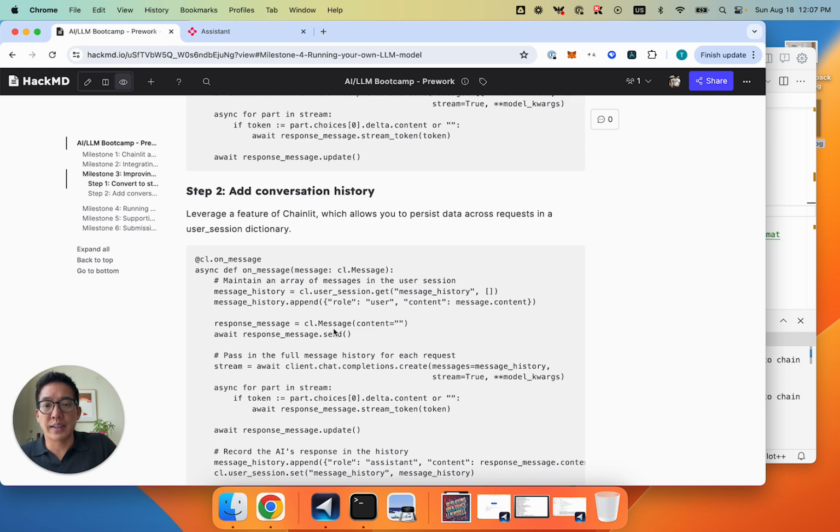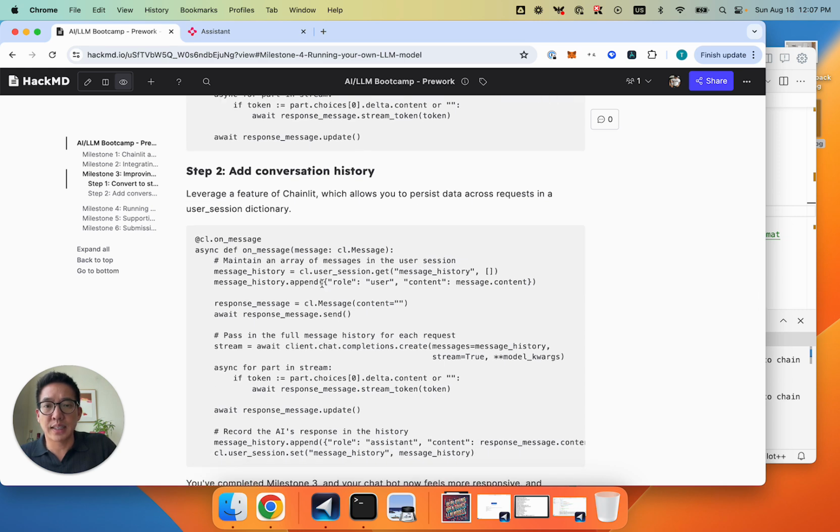So you might be wondering, hey, what's up with this pattern here? I have the role user and then the content, and then check this out later, role assistant and content. And actually there's another role called system. So what's all that about? That is a chat template format that OpenAI understands. In this chat format, it's expecting an array of dictionaries where each dictionary is a message and has the role and the content stored like this. So this is an expectation of the OpenAI